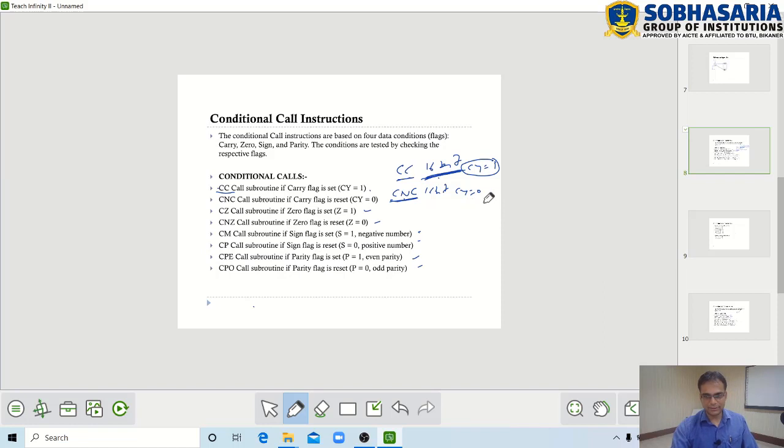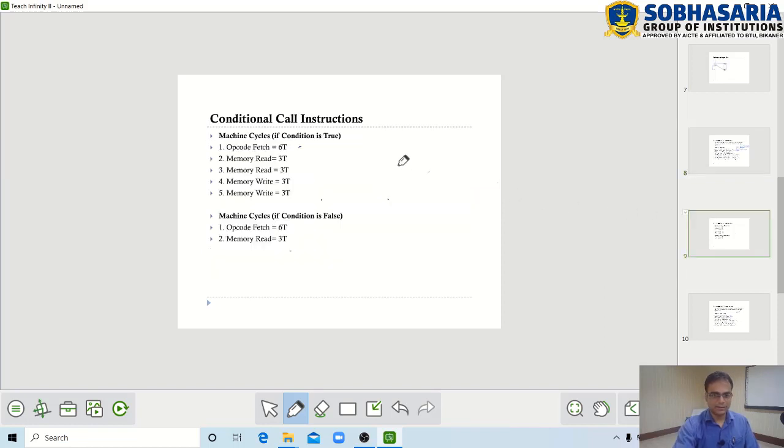So in both cases the machine cycle will be different. If the condition is true, the machine cycle will be exactly the same as the call instruction we have seen. Suppose there is an instruction, call on no zero. This condition will be true if the zero flag is 0. So CNZ will call the subroutine at this address if the zero flag is 0.